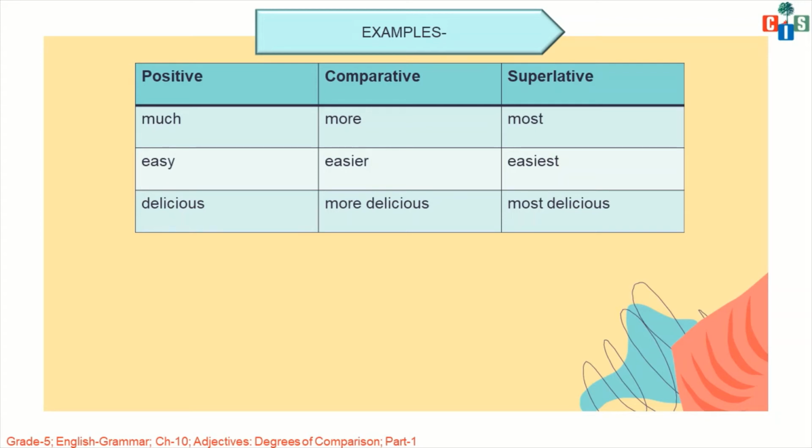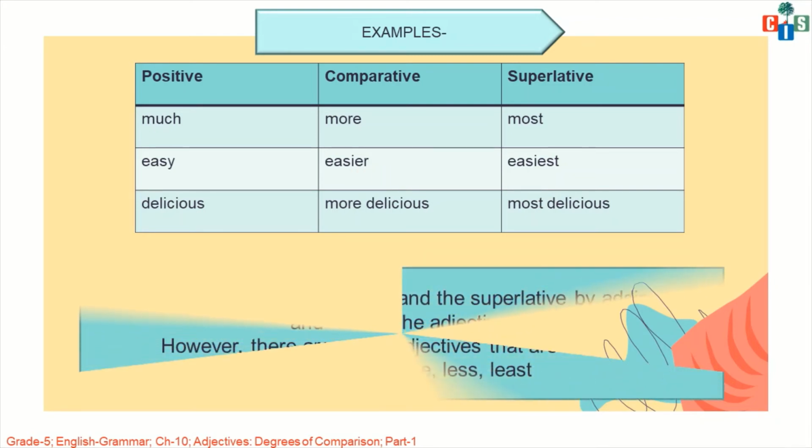And there is one more way, like here delicious word, we cannot make any changes in delicious word. So how we will change that word into comparative and superlative? By adding more delicious and most delicious. Okay, more delicious and most delicious. So in this way we can change different words into different degrees of comparison. Okay, you have to remember these 3 ways. That word can also be changed, word can totally be changed, and by adding more and most we can change, and the third one, by adding suffixes we can change.